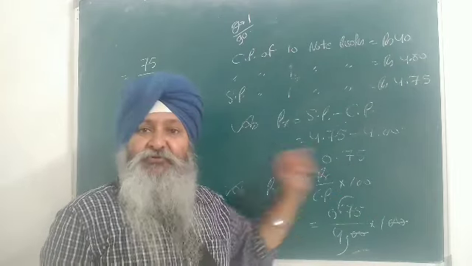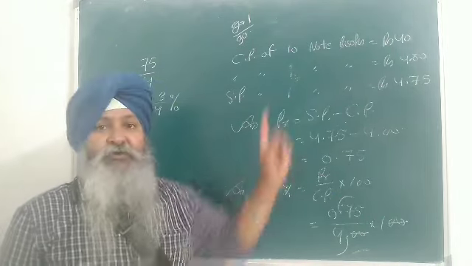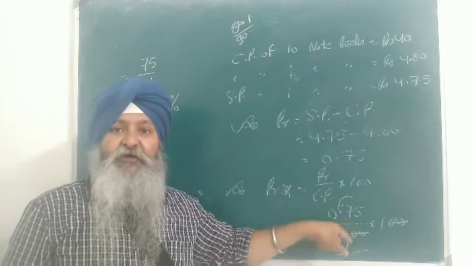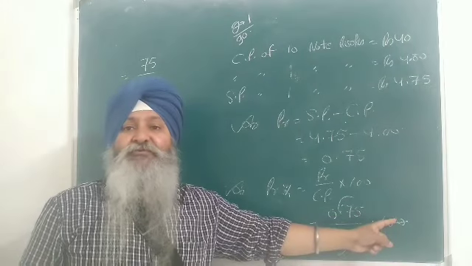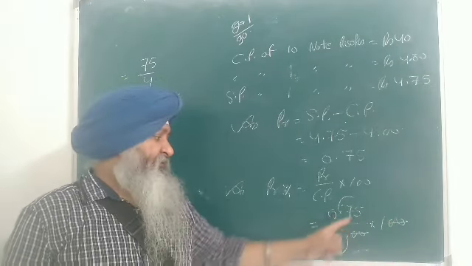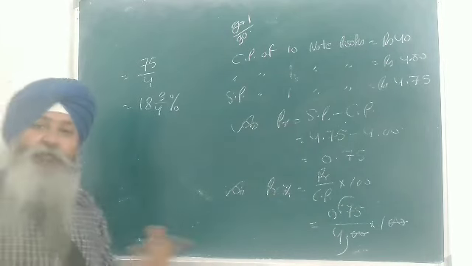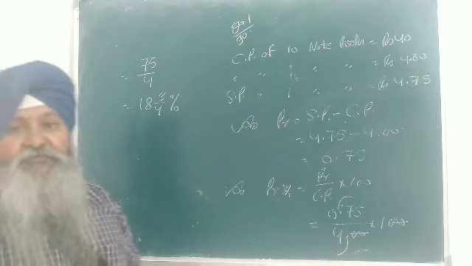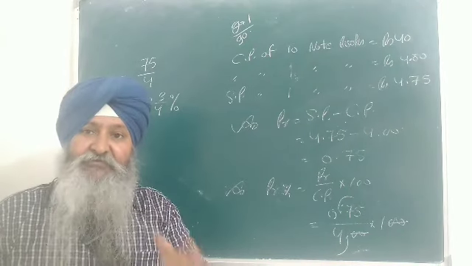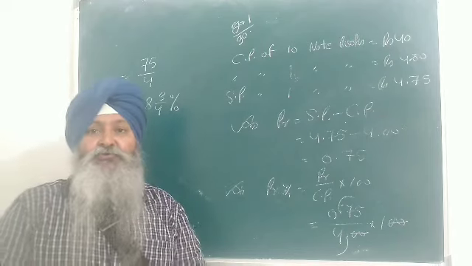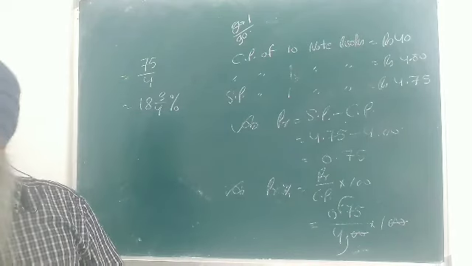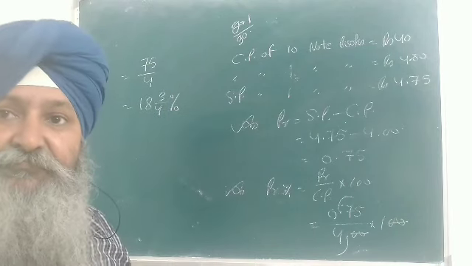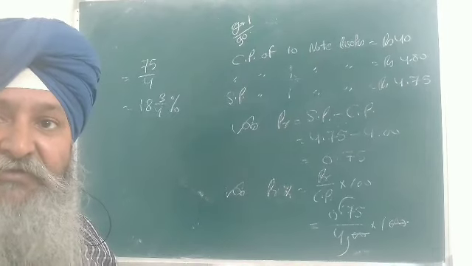Profit you already calculated, 0.75. Cost price you already calculated, rupees 4, and into 100. Remove the decimal, 75 upon 400. This double zero will cancel by this double zero. What is left? 75 upon 4. This is an improper fraction, so we will convert it into a mixed fraction. 18 3 by 4%, and we can write that as 18.75% also. Okay, so I hope you understand it. If you have a doubt, don't worry, in the live class you can ask that doubt. Now I am going to start the next question.